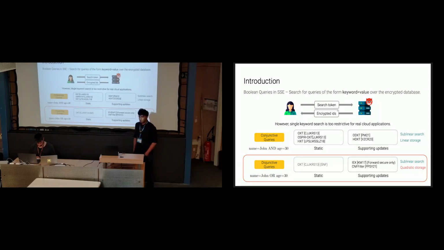The well-known OXT construction, designed for conjunctive queries, can also process disjunctive queries, but in a very inefficient manner. The only popular disjunctive construction, IEX, has sublinear search, but it has very high storage, quadratic in terms of the plain database. And as a derivative of this construction, CNF filter also incurs very high